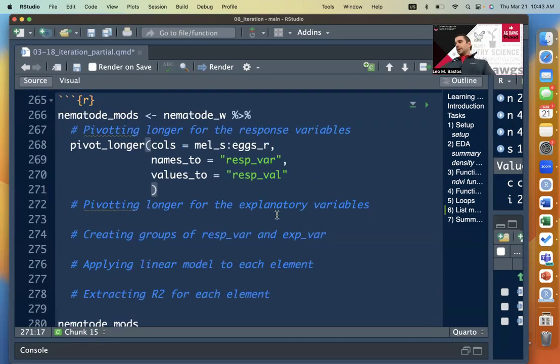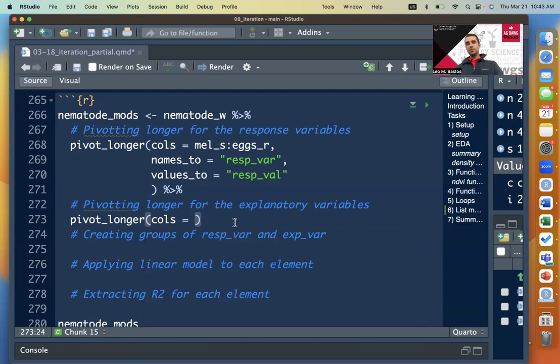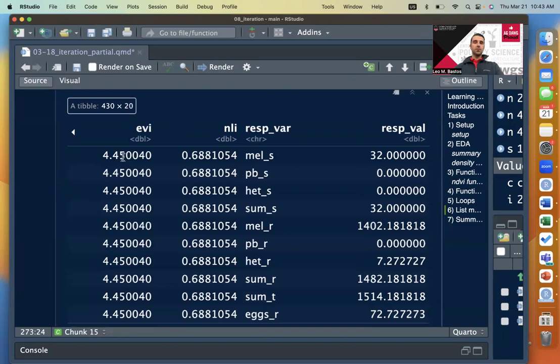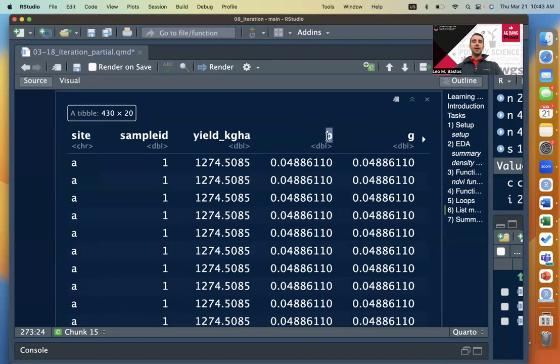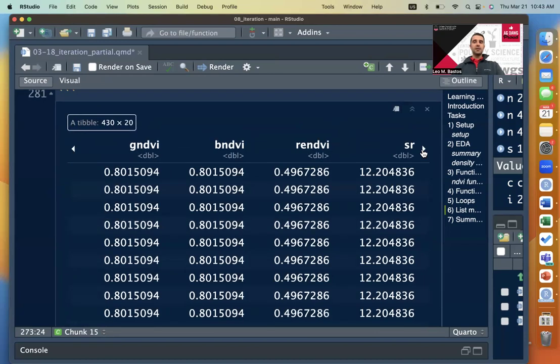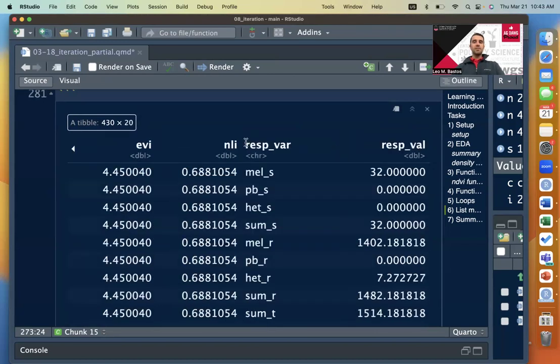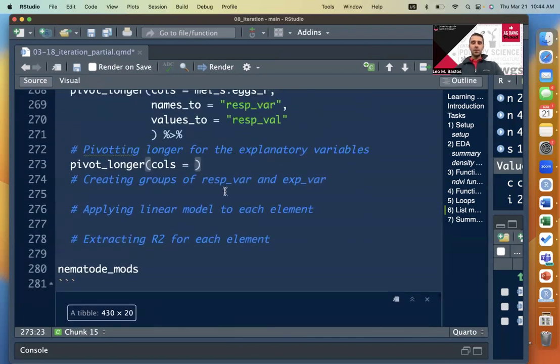So if you come at the end of that pivot longer, you add a pipe, we're also going to pivot longer the X variables. So let's call the function pivot_longer. The columns now, so cols is going to be equal to all of the remote sensing data. If we come back to this data set and look at it, the sensor data starts at the column B for the blue band. So it has all the 5 bands, then all the 10 vegetation indices. So it starts at B and ends at NLI, which is the name of the last vegetation index. So we come here on cols, we say B